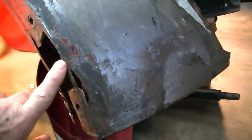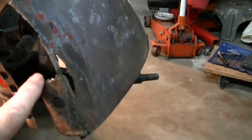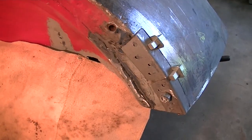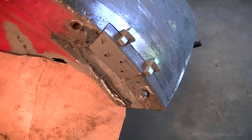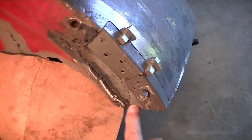There's some on the surface here, and I've got a piece and a new piece here, along with a weld nut that'll have to go behind this hole. Here is a patch on the right front of the car in the shroud area. Now over here is a piece that I've already cut out